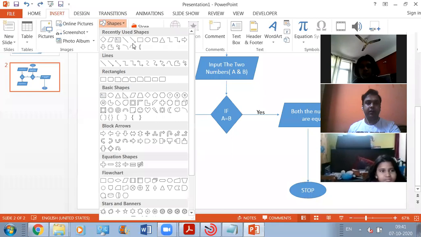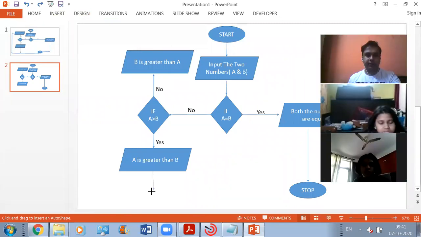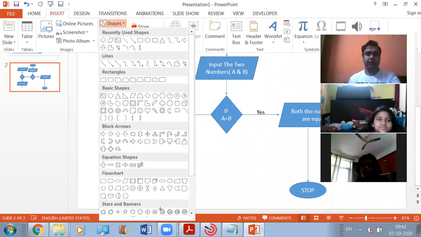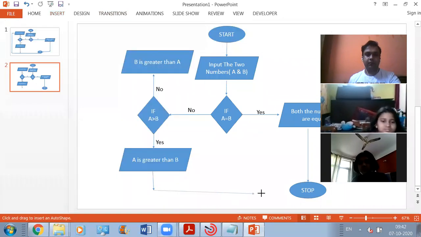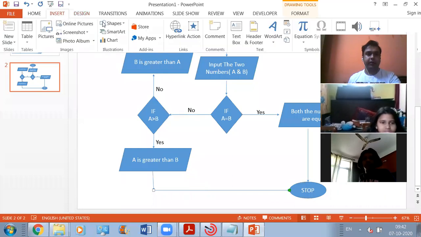Just hold on for a moment. By that time, I'm connecting all the points to this. So this is how you can connect everything to the ending point.